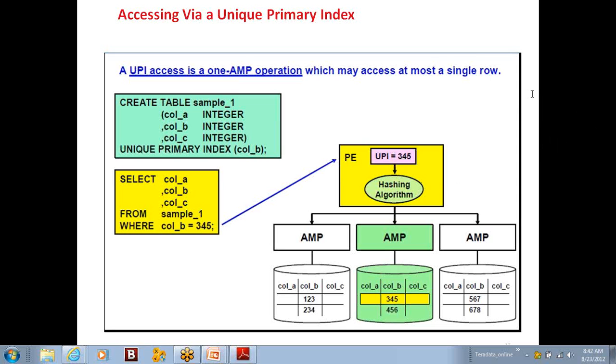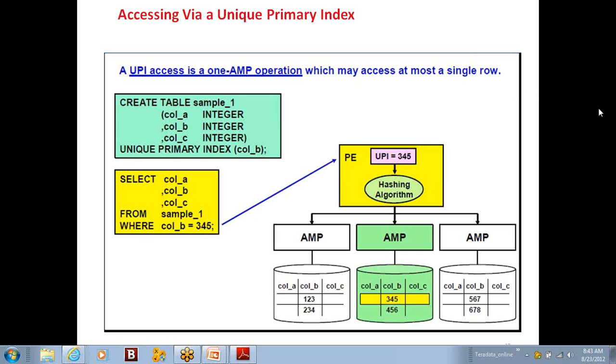And how does retrieval take place in case of a composite primary index? Do I need to mention all the primary index columns in the where clause? Yes. Okay, if you have a composite primary index, all the columns should be there in the where clause. Then only it can achieve a 1 amp operation. Otherwise, it won't. Okay, so we have to have all the columns in the where clause so that we can achieve a